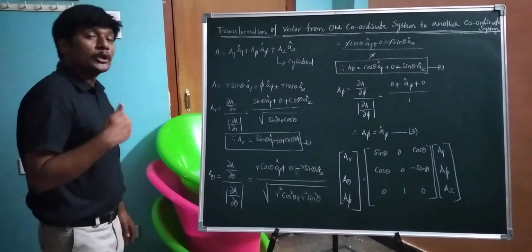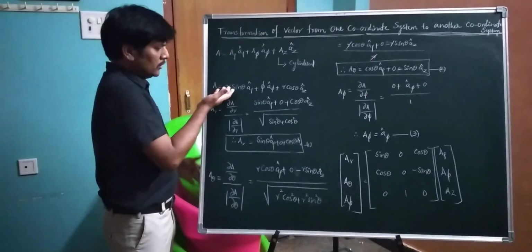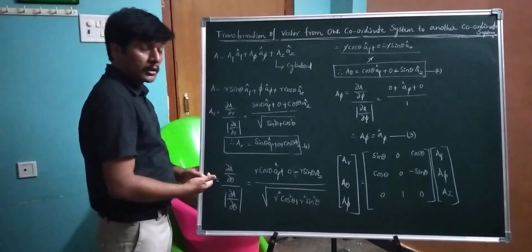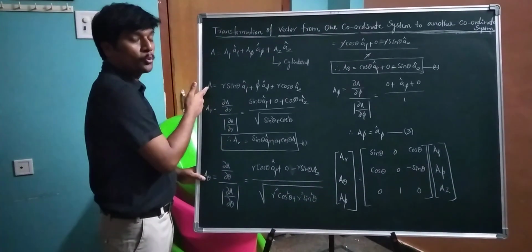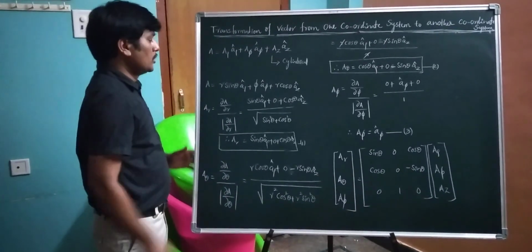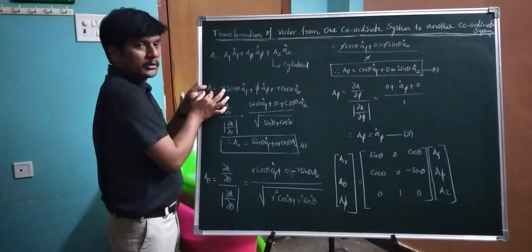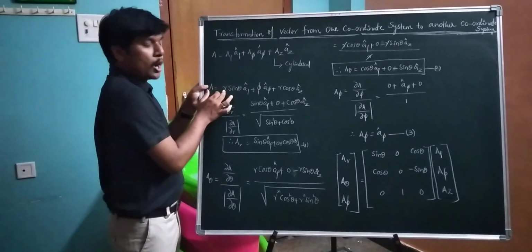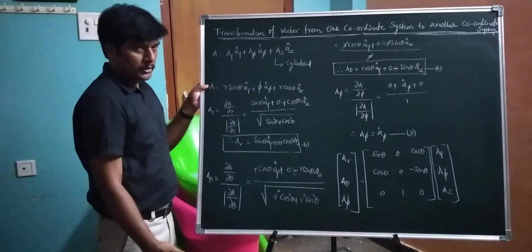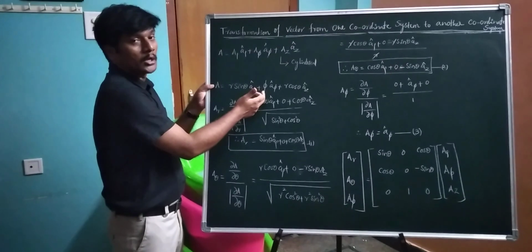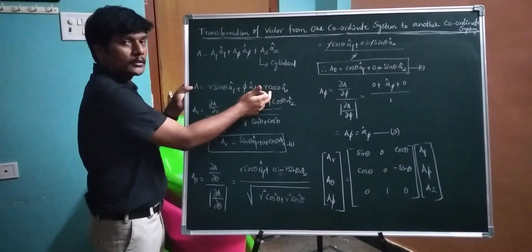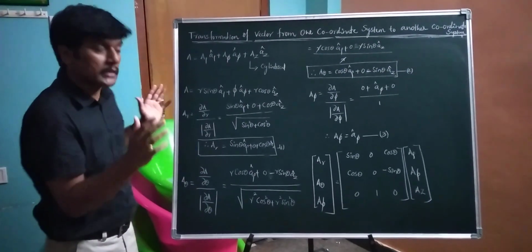Then how can you get a θ? Partially differentiate this equation with respect to θ. A θ equals ∂A/∂θ divided by the magnitude of ∂A/∂θ. So how can you find ∂A/∂θ? r is the constant here. You have to partially differentiate sin θ, and the differentiation of sin θ is nothing but cos θ. Here there is no θ term, therefore the partial differentiation of this term becomes 0. In this, r is the constant, and the differentiation of cos θ becomes minus sin θ.